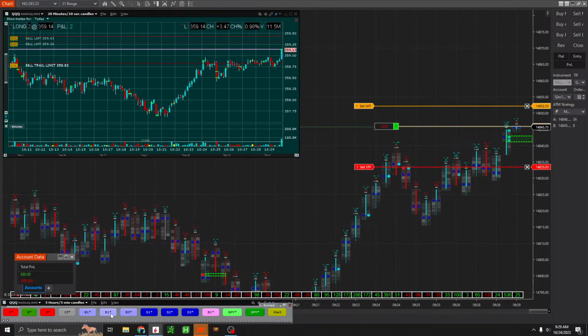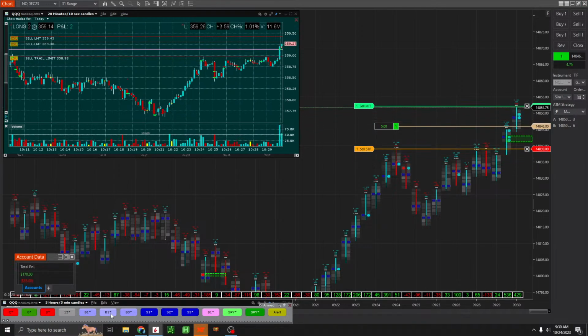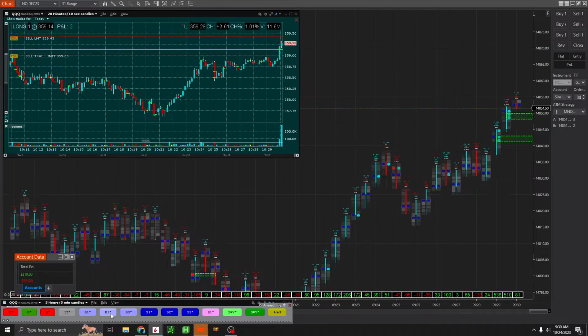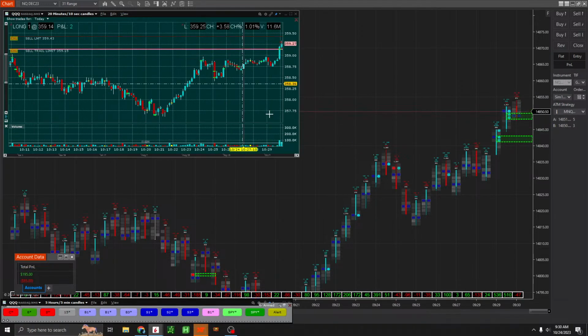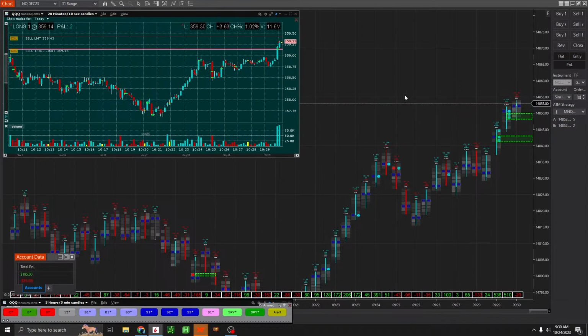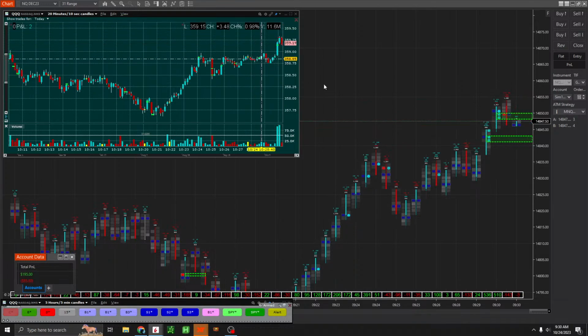Okay, I'm gonna go long here because that was a triple stack imbalance. Wow, another triple stack imbalance too. Jesus Christ. Kind of bought late. Okay, break even here. Why couldn't I have this action? This is gonna be a losing trade. It probably is gonna hit the stop. Yep, hit the stop.